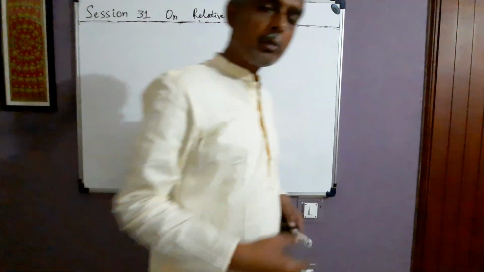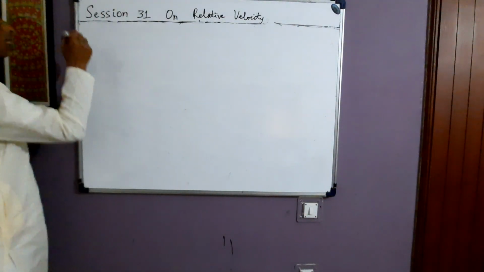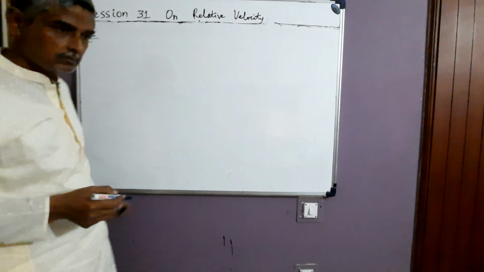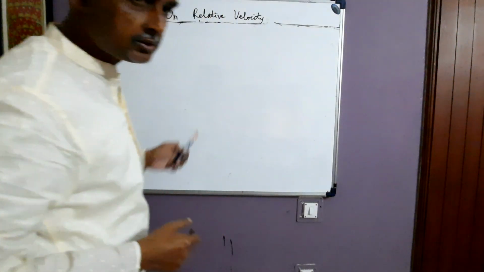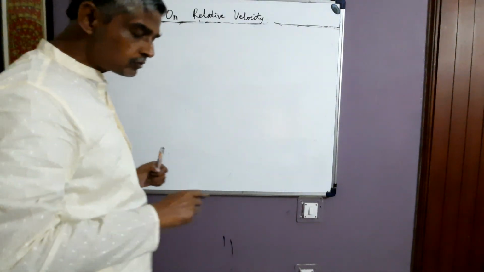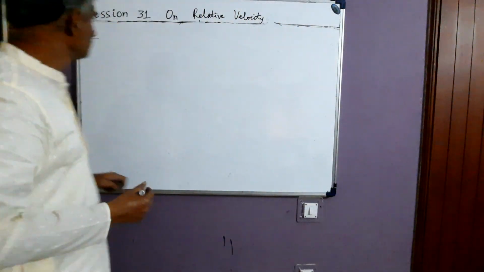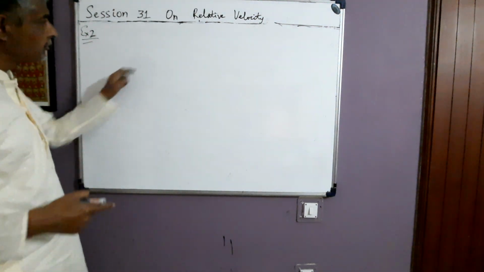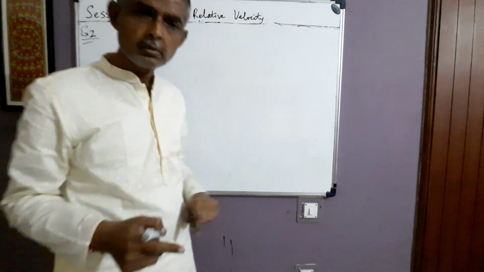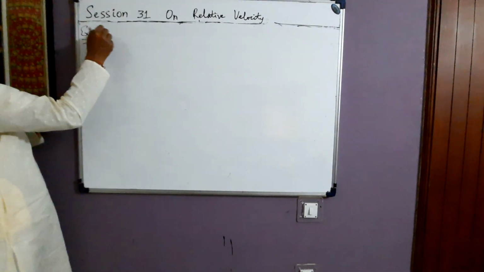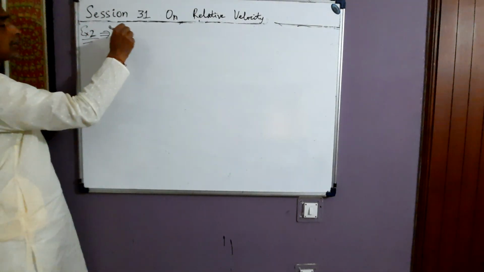So we take one more problem in this second session. Example 2 is again similar to the previous question, with the only difference that S2 is moving at a constant speed 2v with respect to ground, not v but 2v. Everything is the same as in the previous question. I'll not repeat the entire question again, and I just write down the difference. Example 2, same as in previous example,